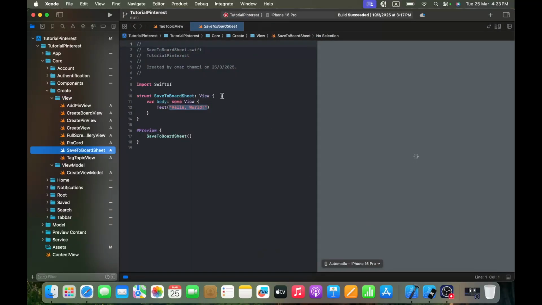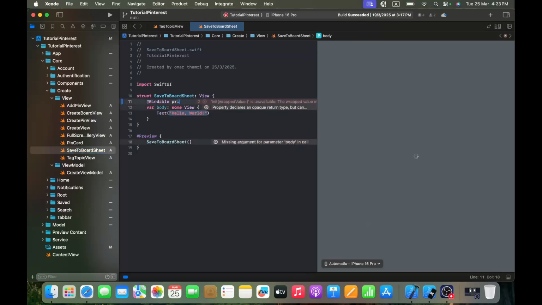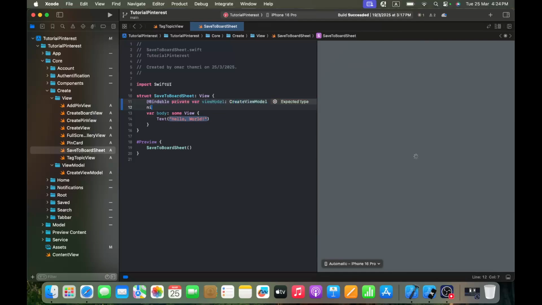Okay, and then we will pass a view model, so it will be @Bindable private var viewModel of type CreateViewModel, and of course because it's private we need our initializer, so